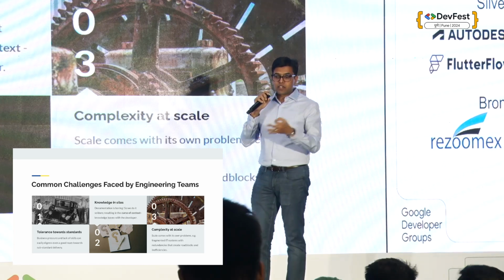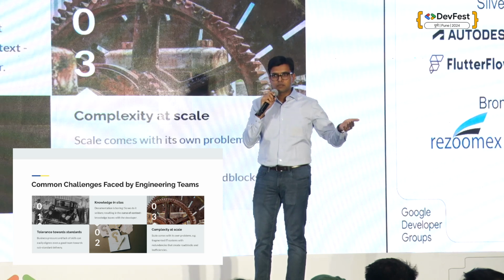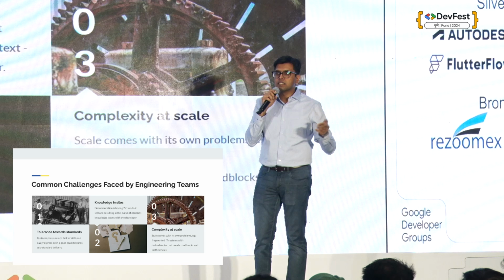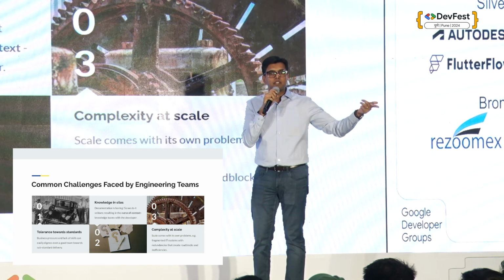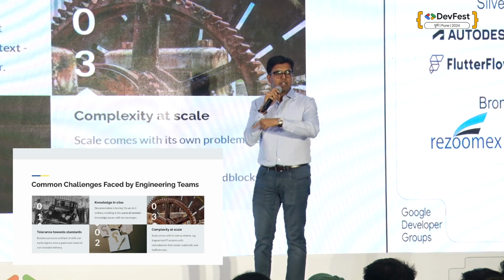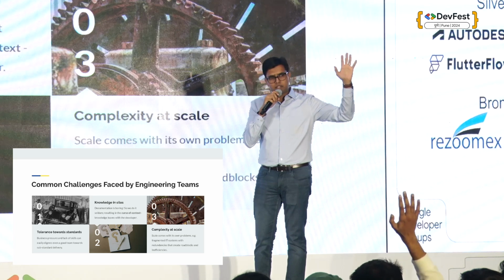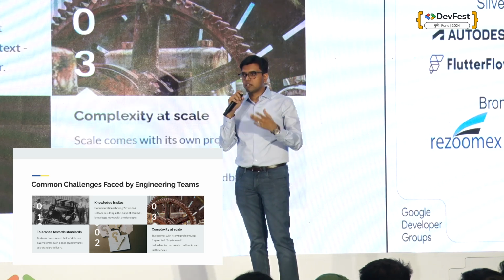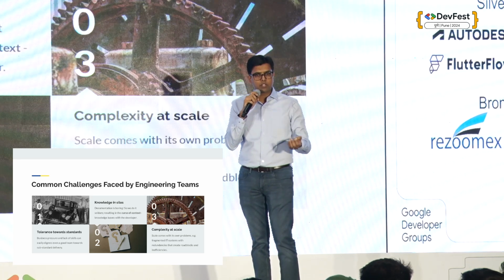Okay? And then you have the third one, the complexity at scale. As your products grow, complexity creeps in. A very simple example for that is, as your products mature, a time comes when you start spending more time in fixing bugs than building features. Have you faced that? Raise your hands if you have faced that. Yeah. It shouldn't happen. But complexity brings its own challenges. Okay? As things grow, and obviously coupled with the knowledge silos and other things, problems creep in. Should we solve these?